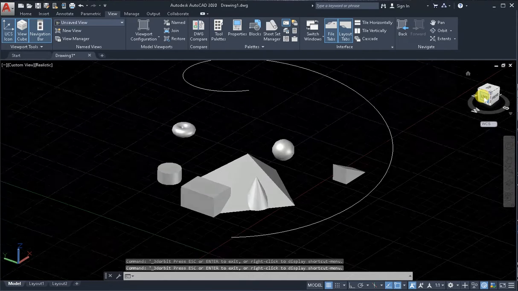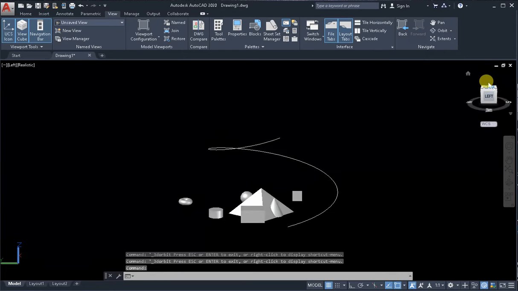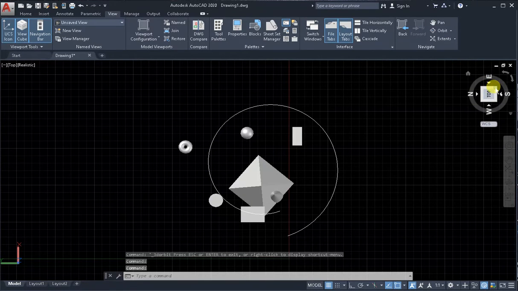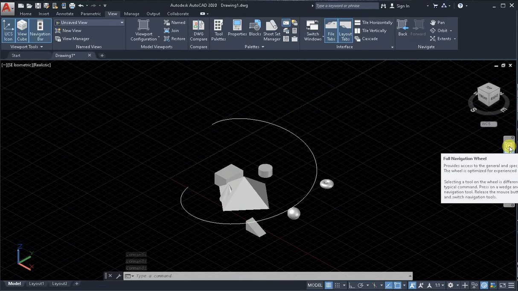Click maybe left, rotate, southeast isometric, and we can full navigate well,